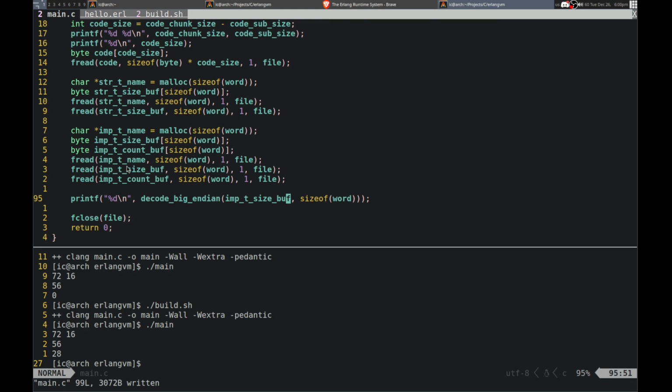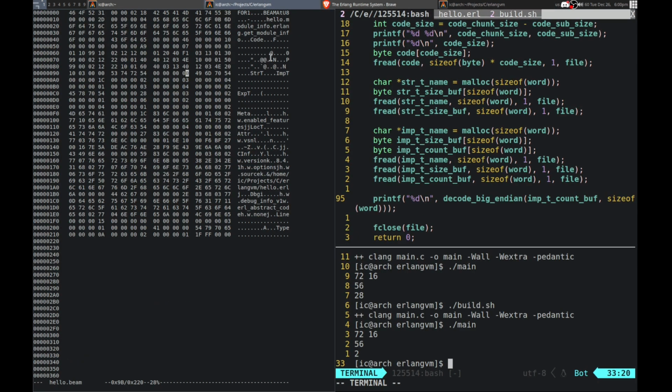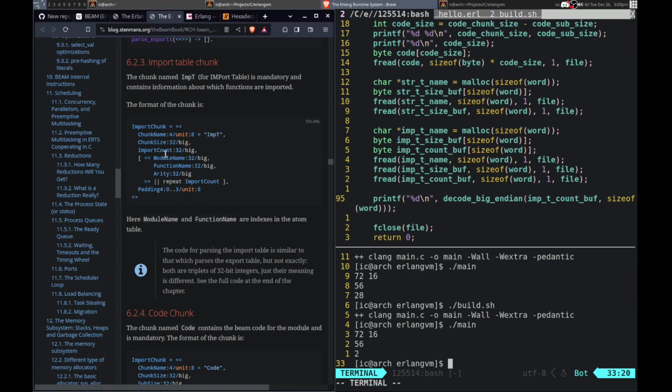And I want to do that with the count. Alright, 2. So there's 2 imports here. Let me make sure that's right. So we have that, 1C and then 2. Alright, perfect. So then, what is next?